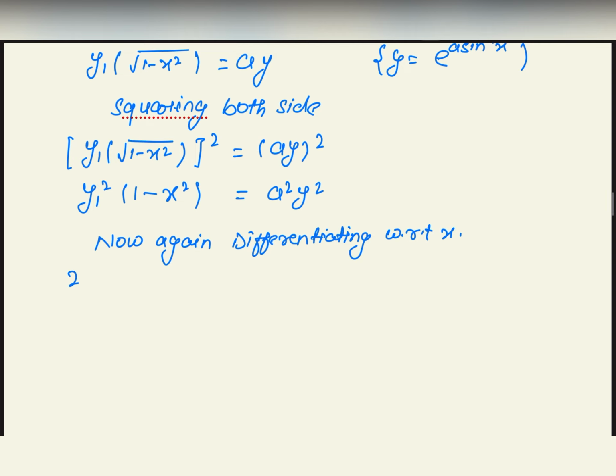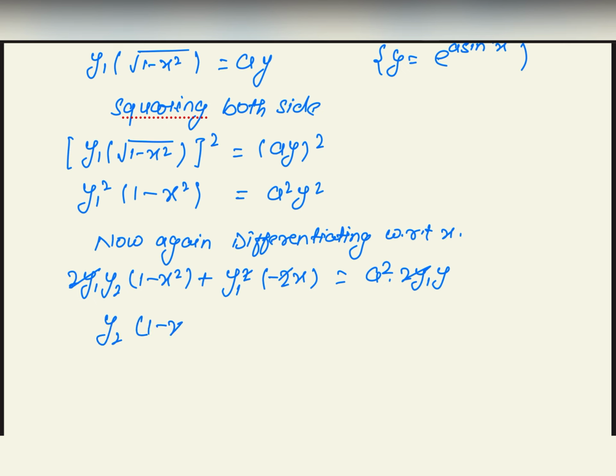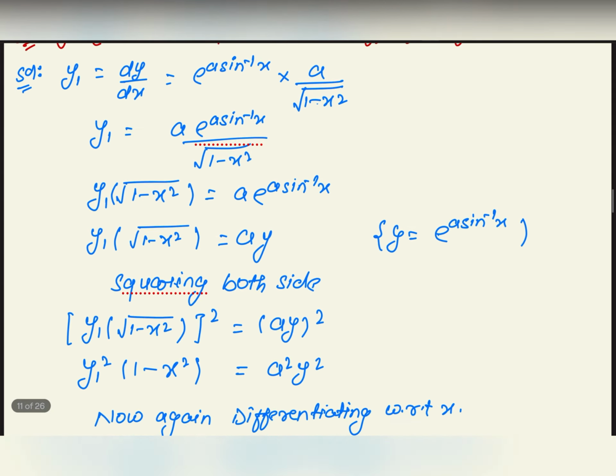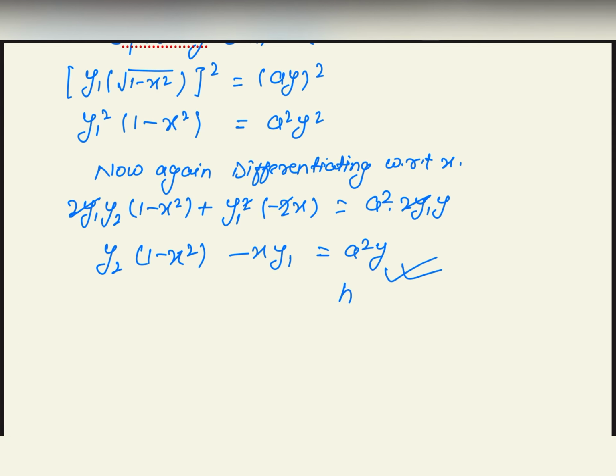so ये हो जाएगा 2 y1 y2 और ये as it is रहेगा। So plus y1 square into minus 2x is equals to a square into 2y1. सो अब देखेंगे ये 2y1 कॉमन है। सो y2 into 1 minus x square minus x y1 इज इक्वल्स टू a square y। तो जैसा कि हमें जो प्रूफ करना था वो आ चुका है, हेंस प्रूव्ड।